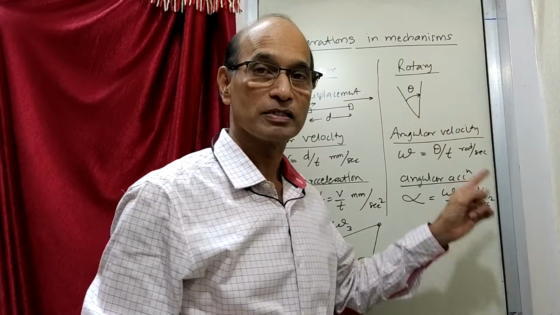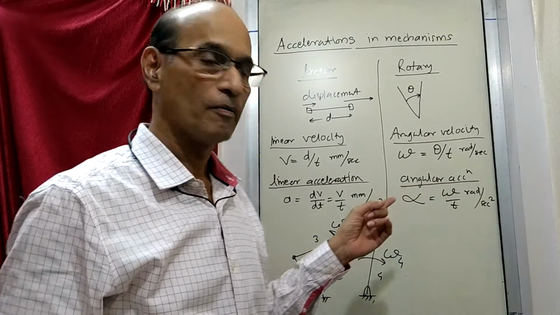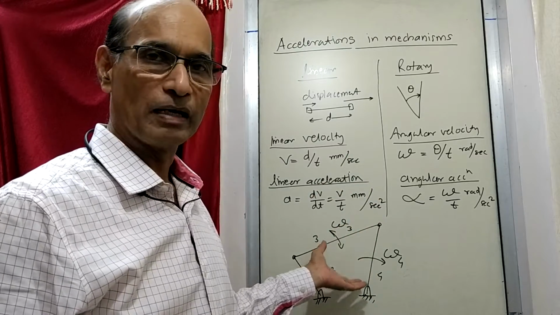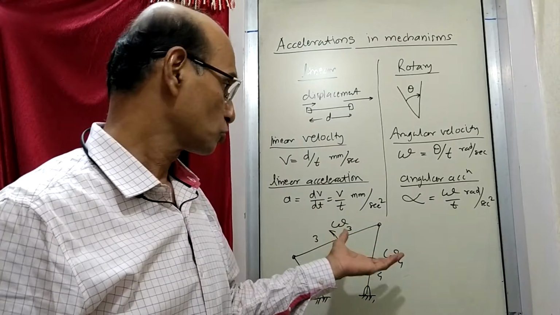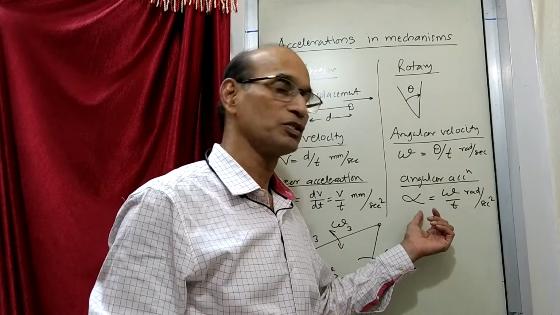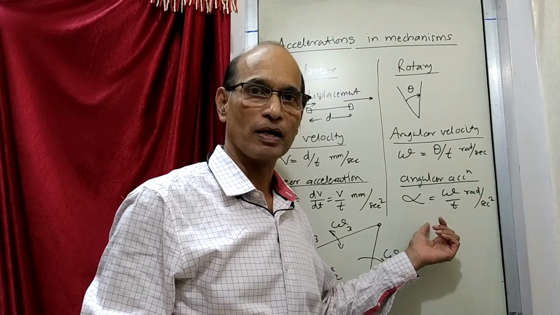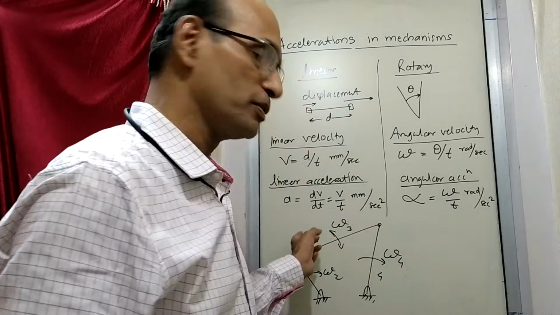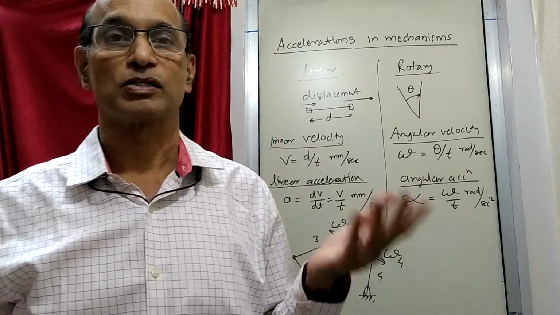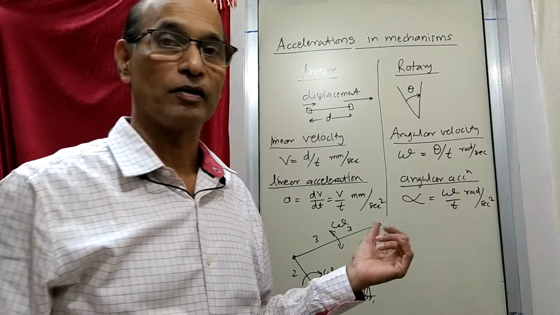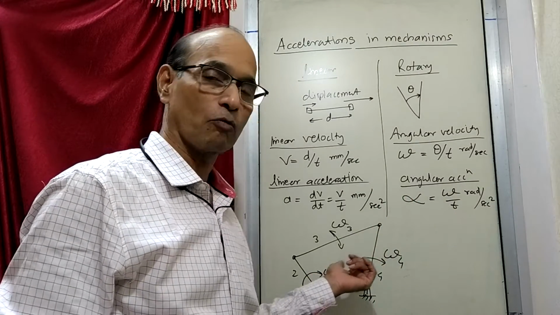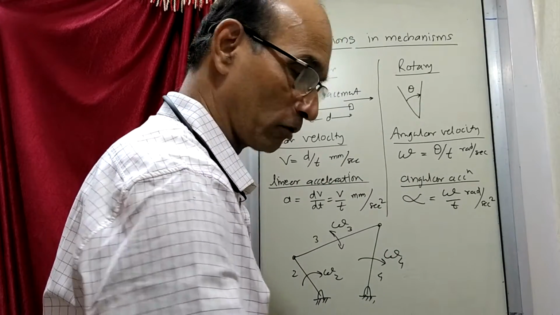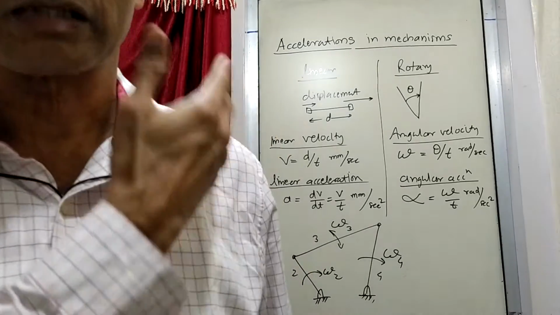But in the case of angular, see what happens. In the case of angular, the velocity of a particle changes. We will in fact come to know about that by some theory behind it. But what is to be noted here is that angular acceleration will come into the picture where we have to take into account different things. The velocity here changes by its magnitude also, it changes by its direction also. What is the effect of that? How the angular acceleration is to be noted, how the accelerations are worked out, that is what we are going to see. So with this background, now we'll go to the next step and try to find out how the accelerations are obtained. So just make a note of this.